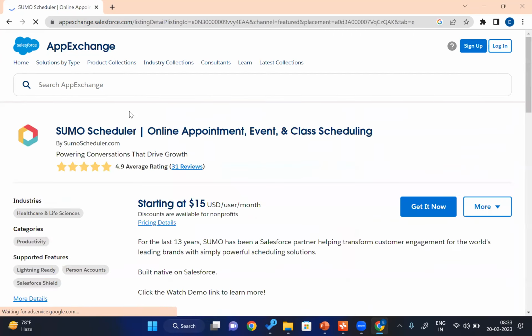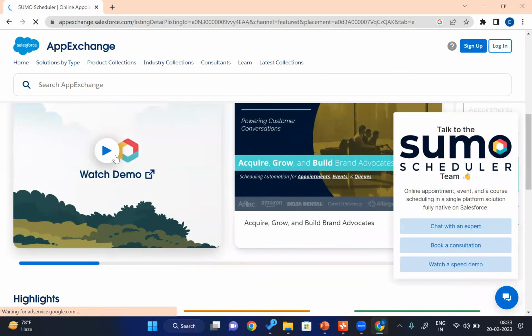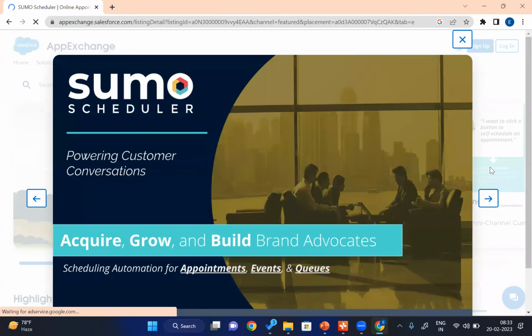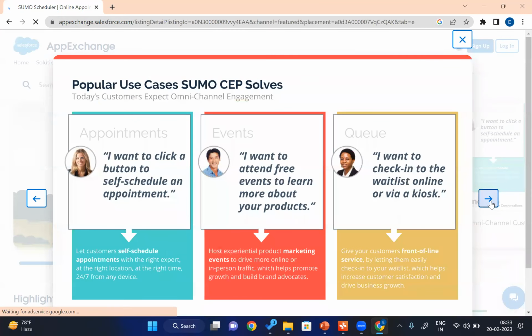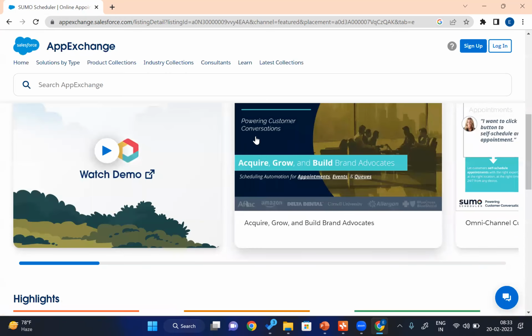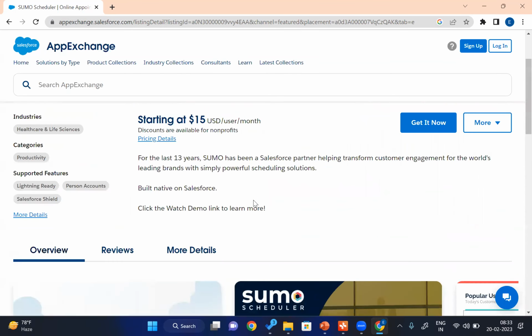If you come down and see, there is something called Simo Scheduler. Okay, so what is this app? This app is all about online appointment booking, event, class scheduling, and all of that, right? So you can watch a demo of this application, and you can see all the screenshots and everything from here, like what exactly this application is all about. And if you feel like you want to purchase this application, you can simply purchase it at $15 per user per month,